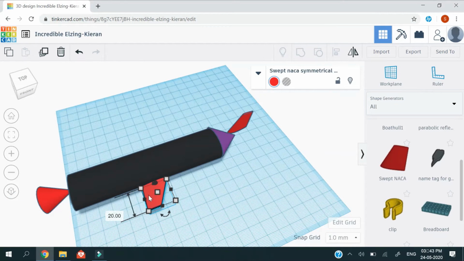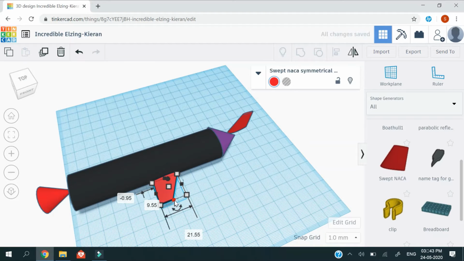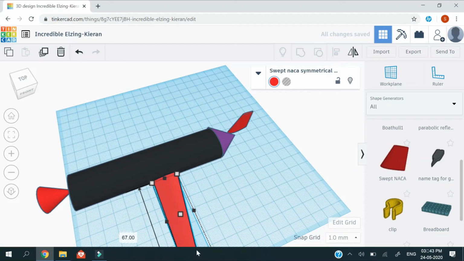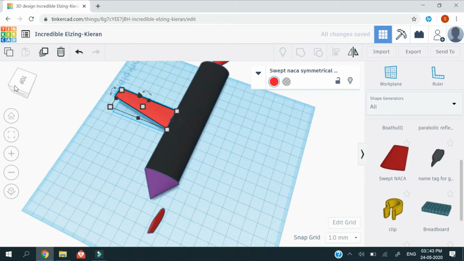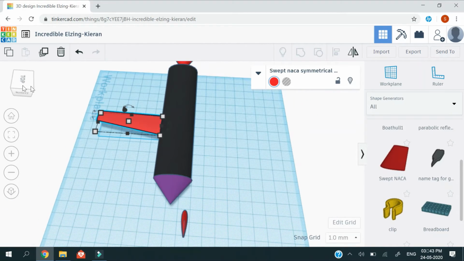Now we have to join this with the plane and increase the length to 60. You can extend it much further also, but 60 is just perfectly right for this type of plane build. And we will perfectly align it